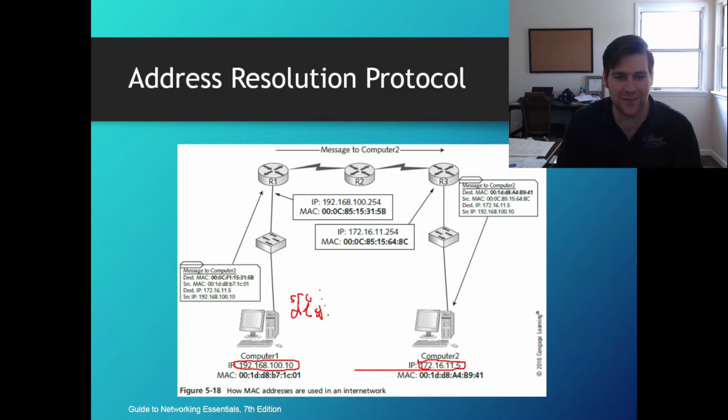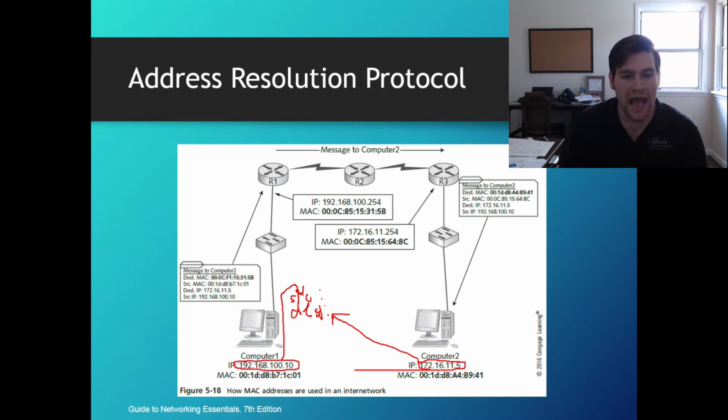Sorry for the terrible handwriting here. I'm trying to do this on the screen now so that there's not as much radio silence. But okay, so source IP address, right? This is going to go in the source. This is going to go in the destination. Okay? All right, now when it builds its frame, first it has to send out